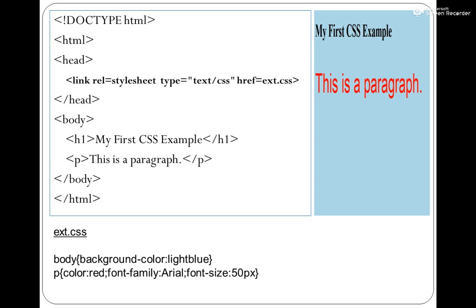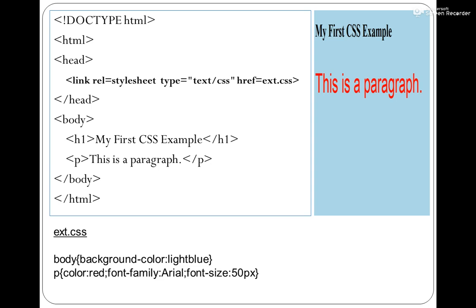So first, before going to the HTML part, I would like to tell you what is written in the CSS file. First, you have to create a CSS file. If you have to create a CSS file, you need to open a notepad, and in notepad you will write all the styling part which we have been writing up till now in the style tag. So in the below you can see there is a file called ext.css.